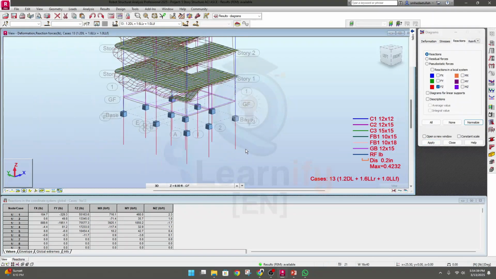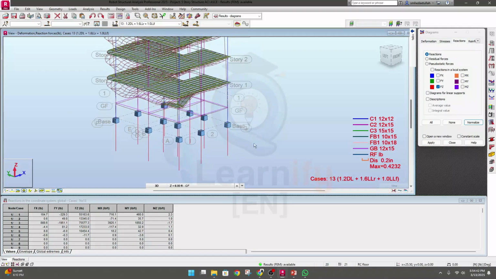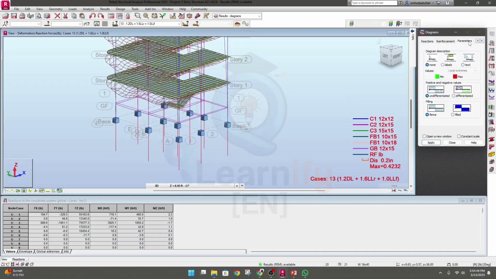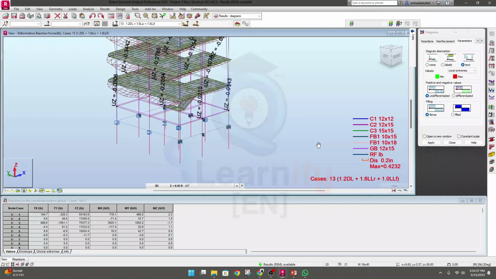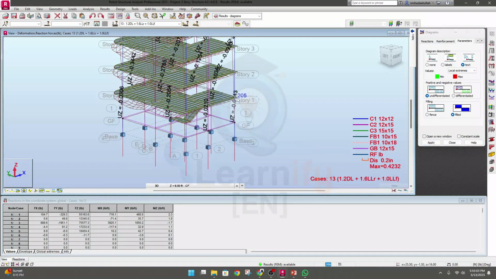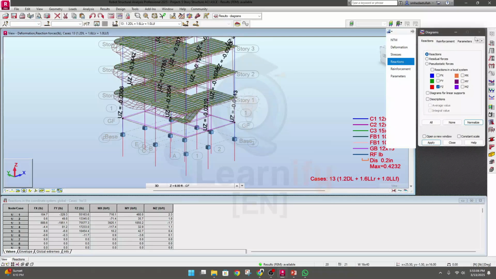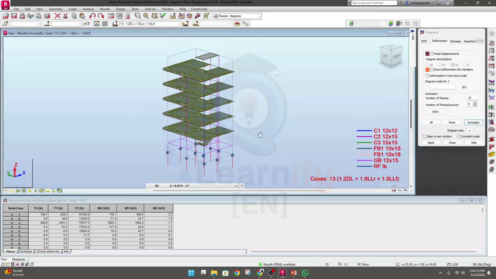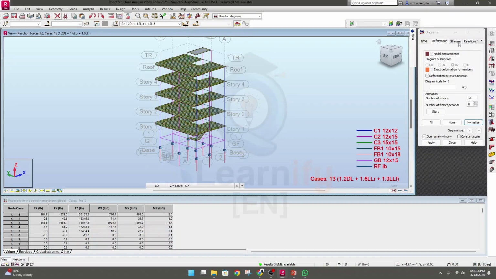Here is the member for this reaction, but if I come here, parameters, show value in text, then okay, click apply. Click here field. Here okay, for deflection, I will uncheck it first. I'll uncheck it, click apply. Let's see if anything is opened. No. So we'll go reaction, then FZ,